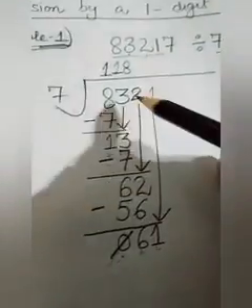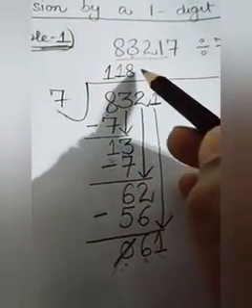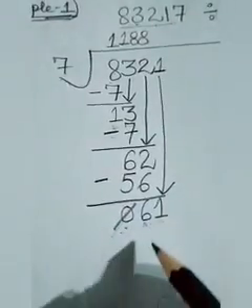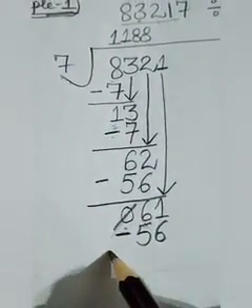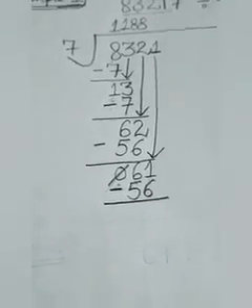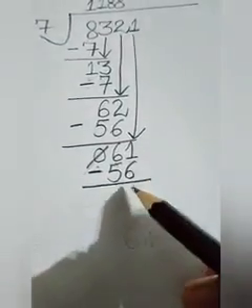So, what will we write here? 7 8s are 56. Then again subtraction will be done. Now see, we will subtract this. 61 minus